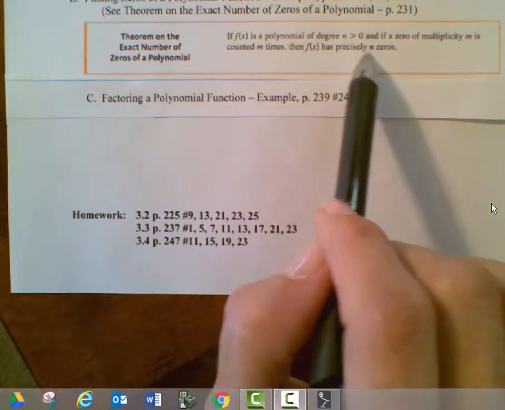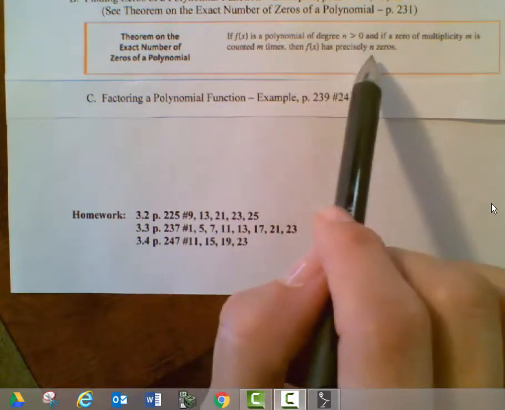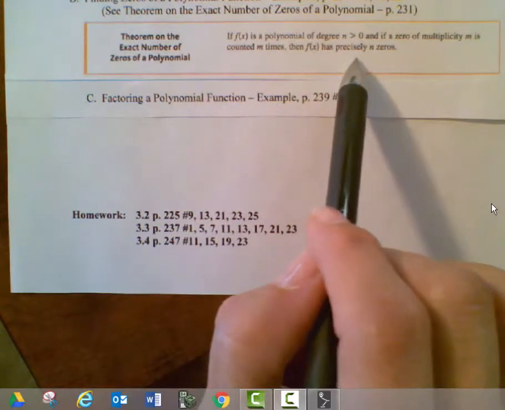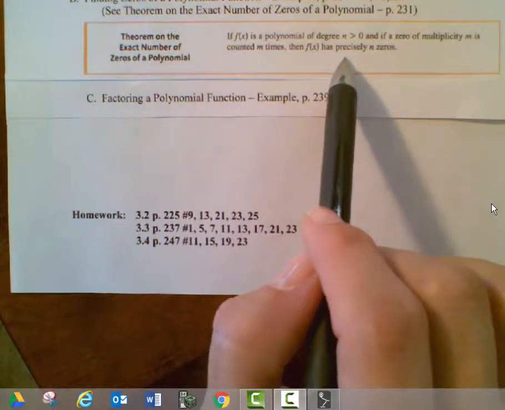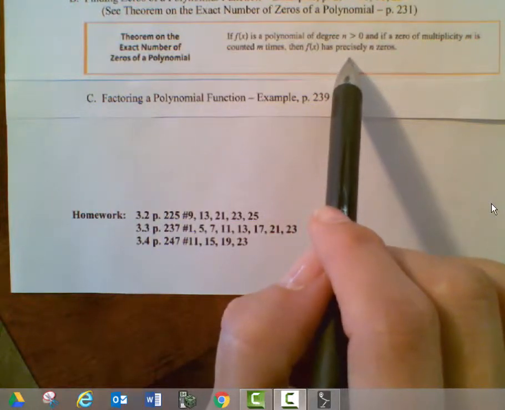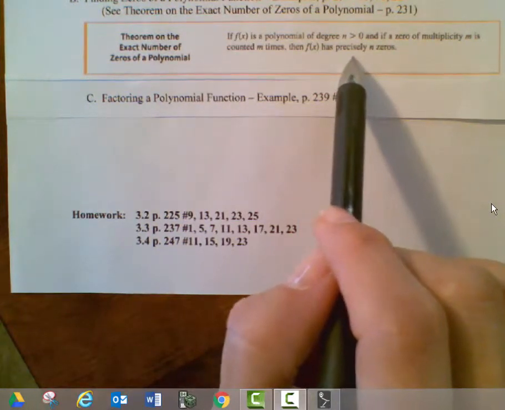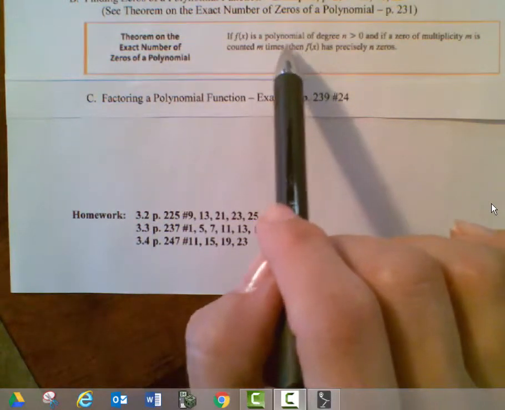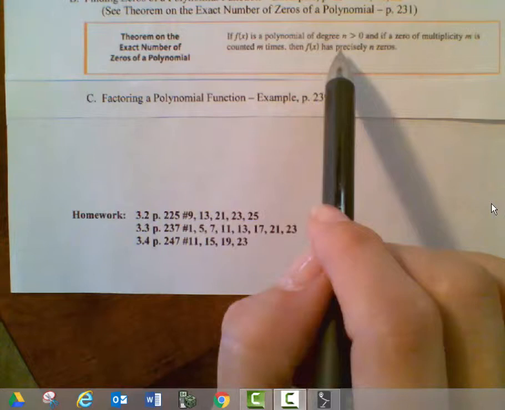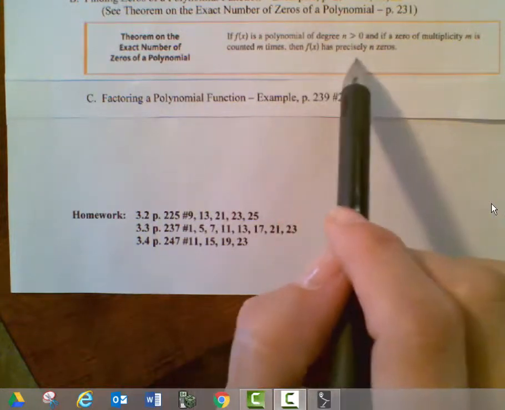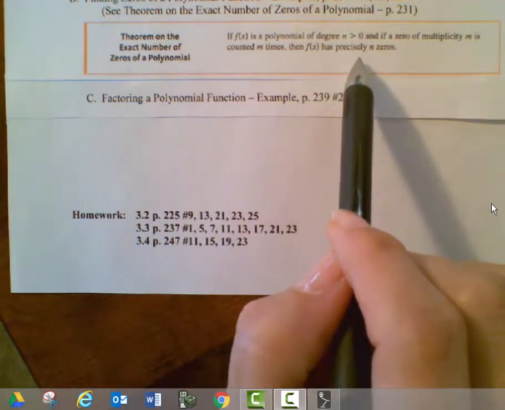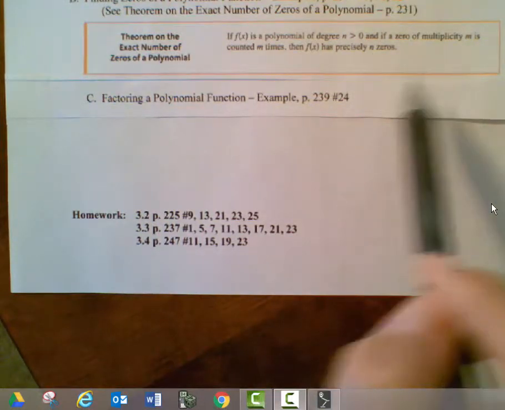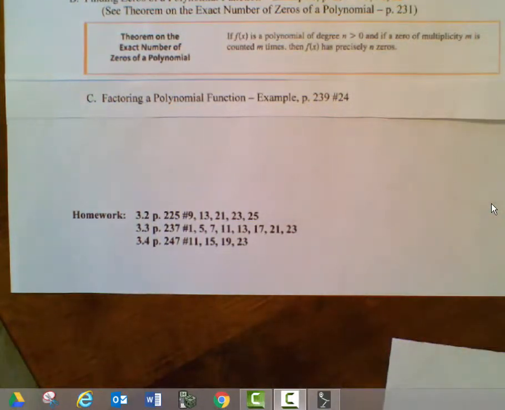Now, there aren't any restrictions on those zeros. They may not all be real zeros. They may not all be x-intercepts. If some of the zeros turn out to be imaginary numbers, then they're not going to be x-intercepts. But if you have an nth degree polynomial, it's going to have n zeros as long as you count the zeros with multiplicity higher than 1 separately. In other words,